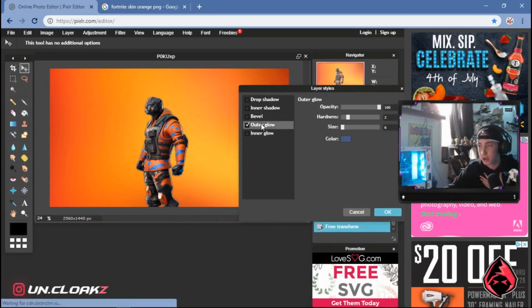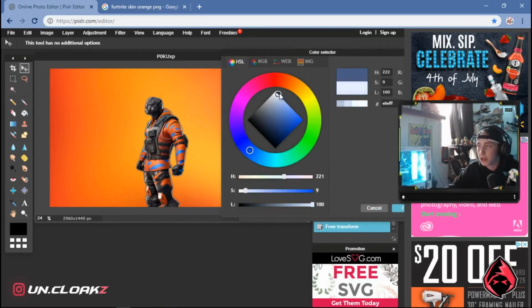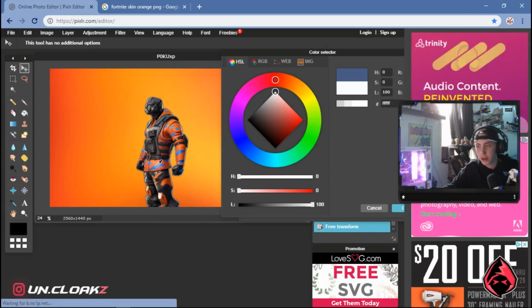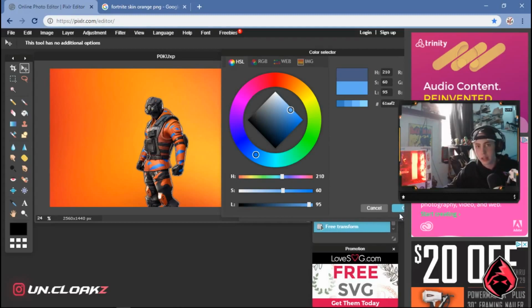So go ahead and click outer glow, and you guys see that little glow right there. So I might go with white right here, or I can go with blue. If you guys want the exact color for the glow as a certain color on the screen, you see how it has this little color mark right here? You can go ahead and click the blue right here, and it'll automatically change to that exact blue. You're going to go ahead and click OK,